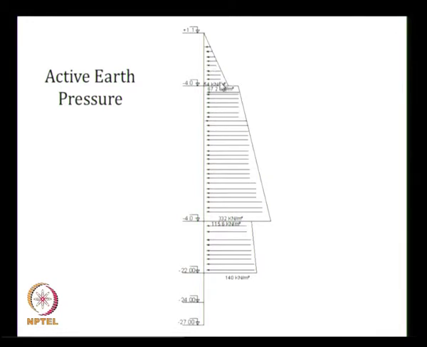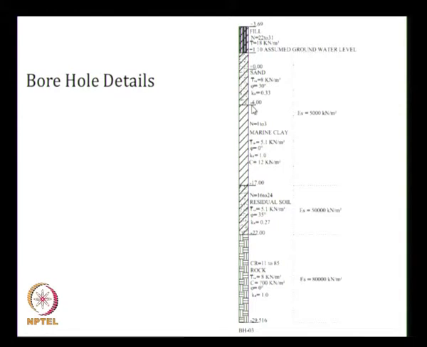This is the active earth pressure diagram. At -4 we have this pressure considering the soil above, and considering the soil below we have this earth pressure. Above -4 we have a sandy soil, with earth pressure coefficient of 0.33. This is Ka gamma H minus 2C, where C is 0 here, that is the earth pressure at this point considering the soil above.